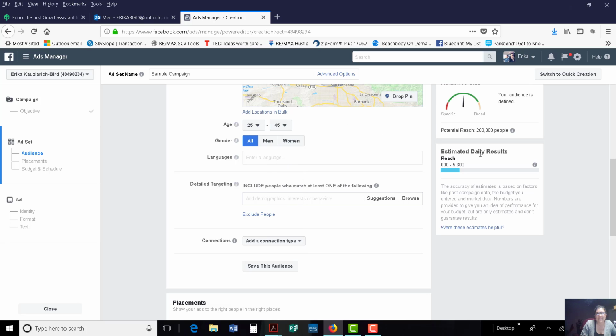Then you'll notice that once again, my potential reach is 200,000 people. This is my potential reach per day. And you could leave that as is as you want. It just, again, depends on what specific kind of a post you're doing and what kind of an ad set you want to do. Detailed marketing or detailed targeting, again, if you have specific people you want to reach out